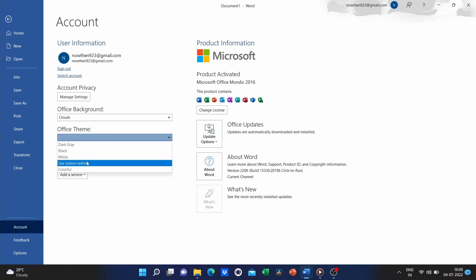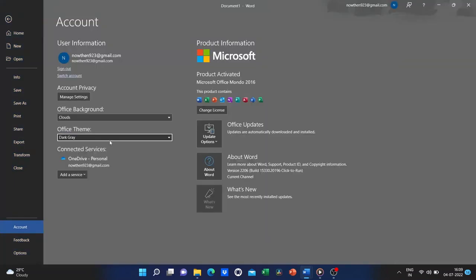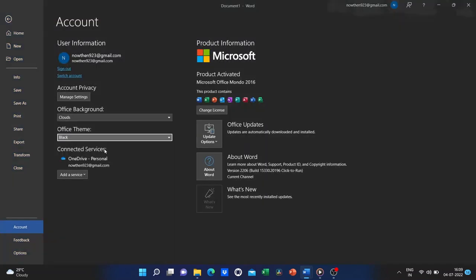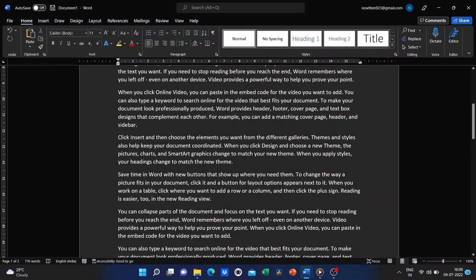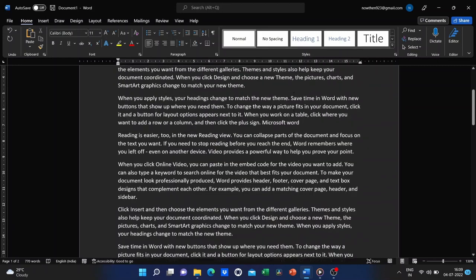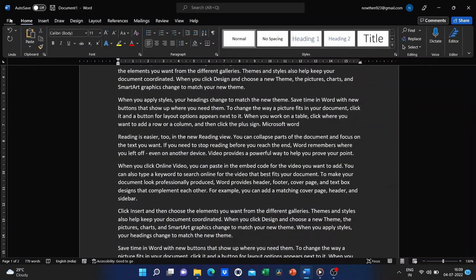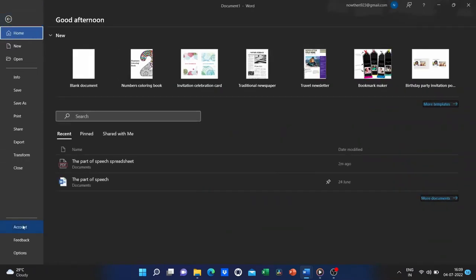I could change that to be a dark gray. I could change that to be black. Now let's say I stick with black. I go back. And now the look and feel of Microsoft Word has changed. In my case, I want to switch back to use System Setting. Switching back to my other document.